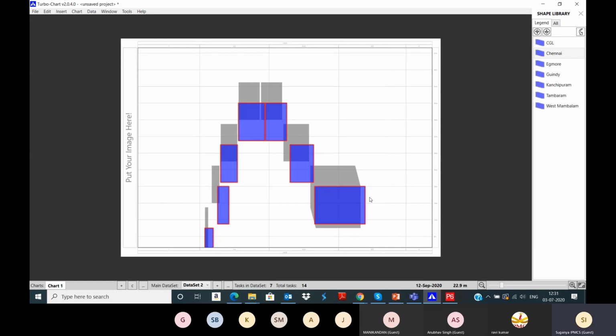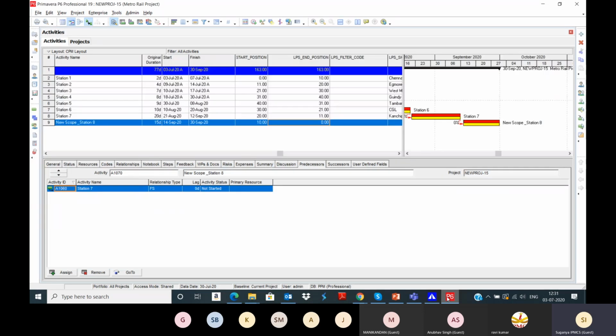If you do the resync, whatever changes have been done in the Primavera will get updated automatically.